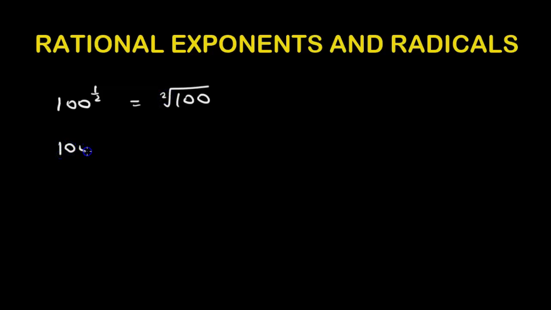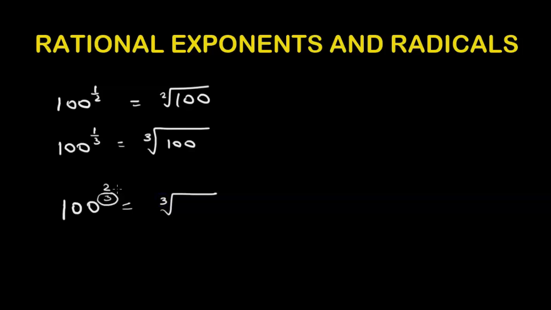If we have 100 to the power of 1 over 3, it can be written as a cube root. Then we have to put the small number 3 with this root or this radical sign. Let's say we have something like 100 to the power of 2 over 3. Then this means that this 3 is going to be forming the radical. The denominator of the rational power is going to form the radical and the numerator is going to stay as a